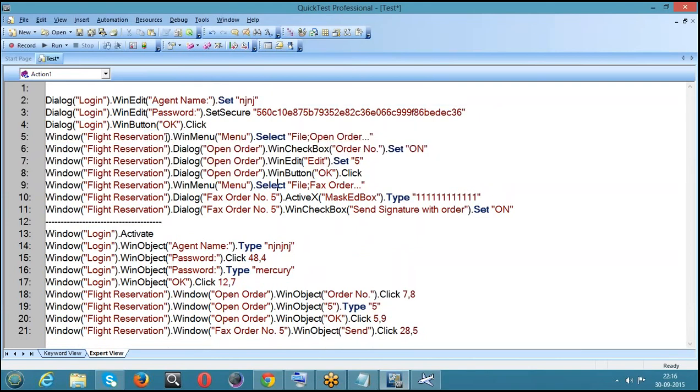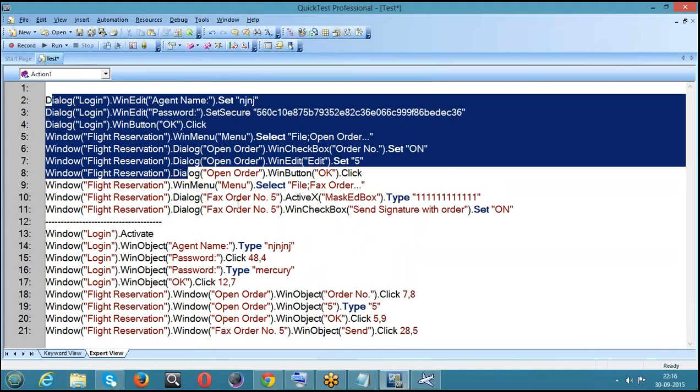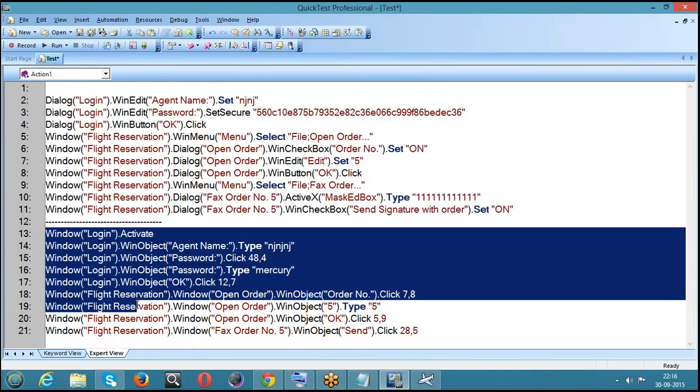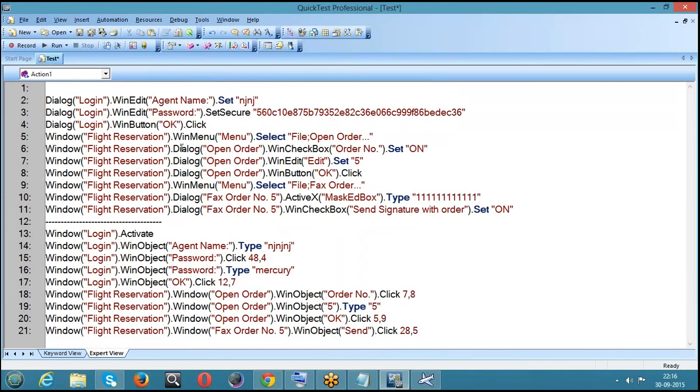Anyways, we have one line of analog in that. So this is the standard and this is the low level. What is the difference? See here it says win edit, win button. But what it says is win object, win object, win object, win object, win object. So it is just saying it as a win object. It is not properly giving me the information like what type of object it is, right? It is just saying it as a win object.